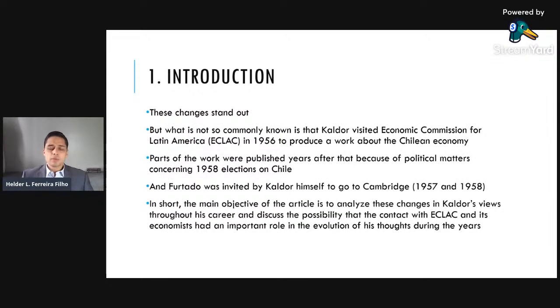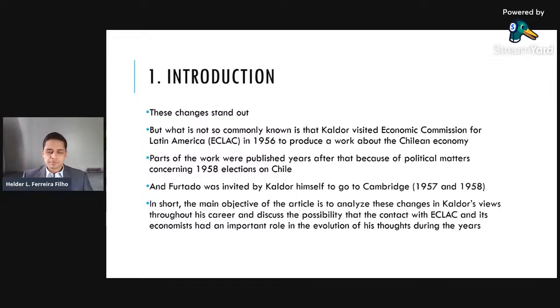But this change that I introduced here stands out for Kaldor, because initially he was always curious and finding new evidence and data about the economic process, but these changes occurred in a very interesting way. But it's not very common that people know that Kaldor visited ECLAC in 1956 to produce initially work about the